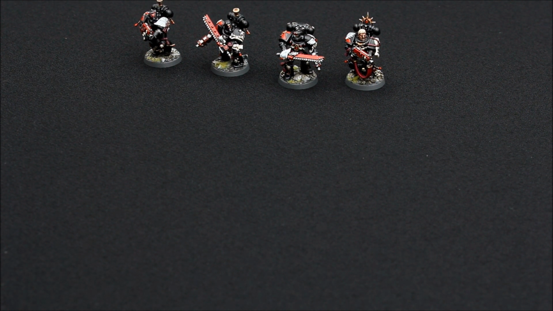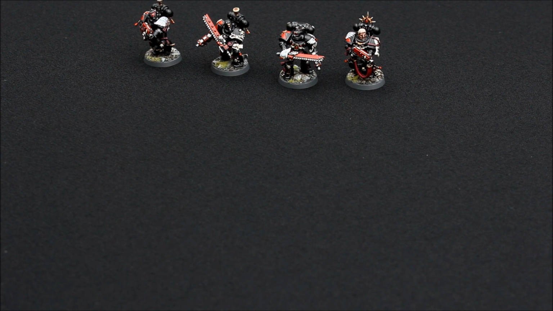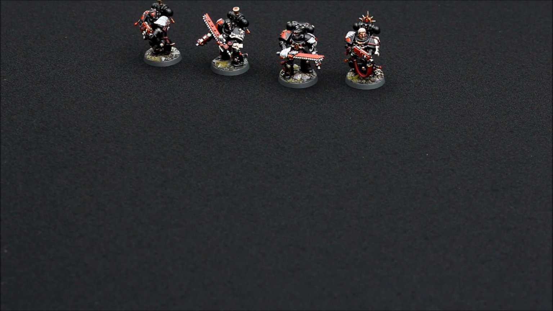Feel No Pain and Furious Rage, where they get extra 2 attacks on the charge. Power Arm, Weapon Skill 5. So you get decent stats for that points cost, 20 points. But as soon as you start adding upgrades to the Death Company, you start paying out a lot of points